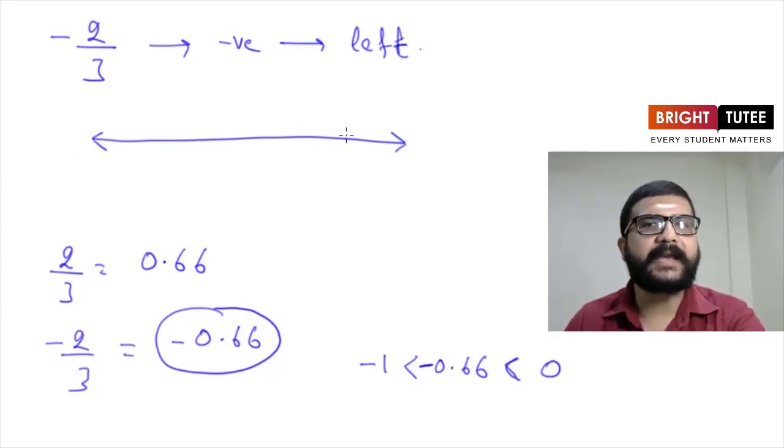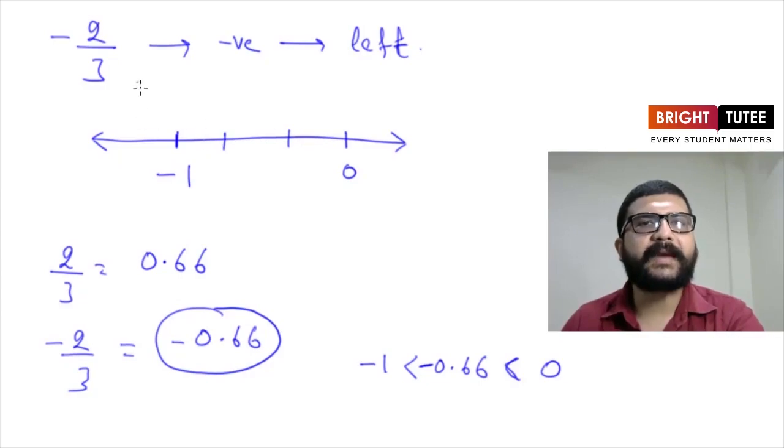Let it be the number line. Let's say here is the 0, and now let's take this point as minus 1. So now this is the region between 0 and minus 1. What is the denominator of the number here? It is 3. So it means we have to divide this region between minus 1 and 0 into 3 equal parts using 2 markers. So it will be like this. So now these are the 2 markers which are dividing this region between 0 and minus 1 into 3 equal parts.